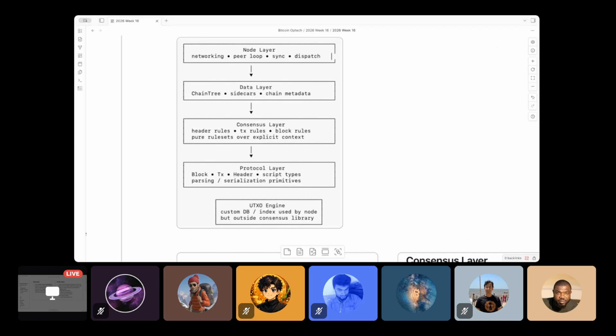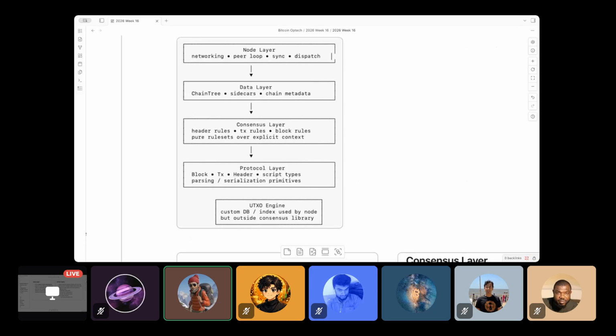Yeah, the diagram just explains to you the hierarchy of each of the layers. At the bottom sits the protocol layer. The consensus layer sits on top of the protocol layer, and then the data layer, and then the node layer.